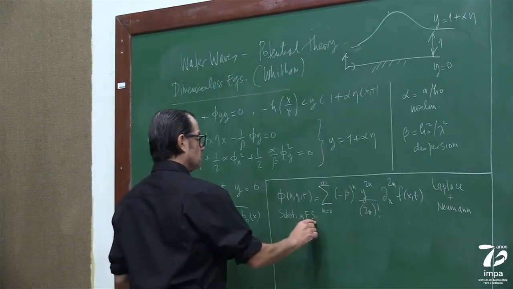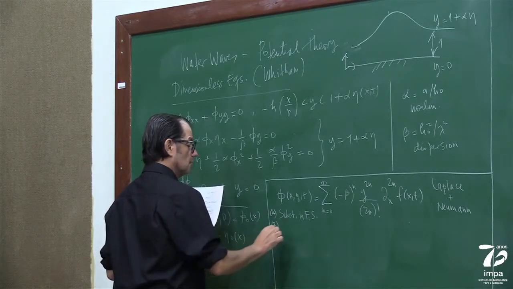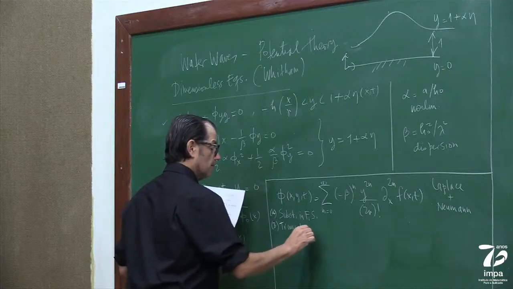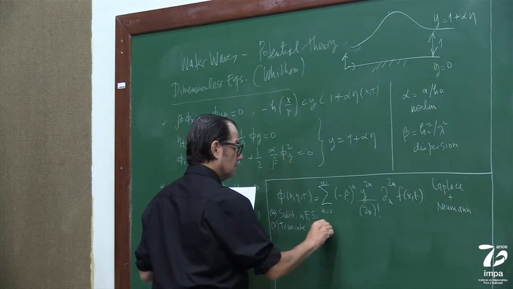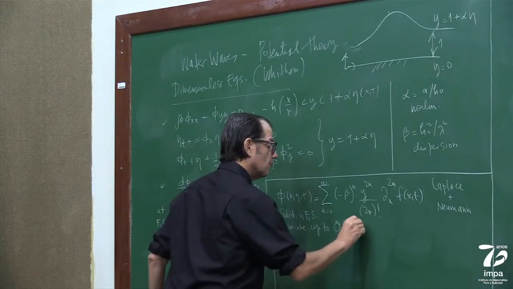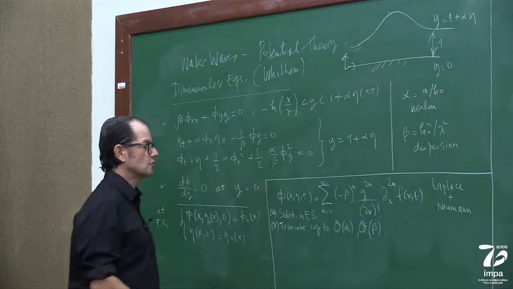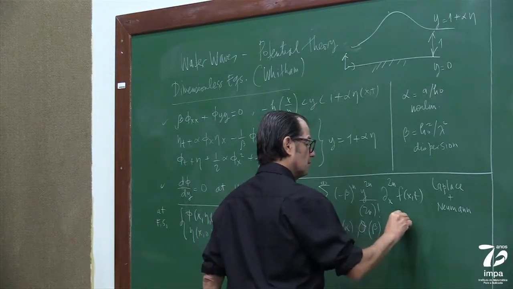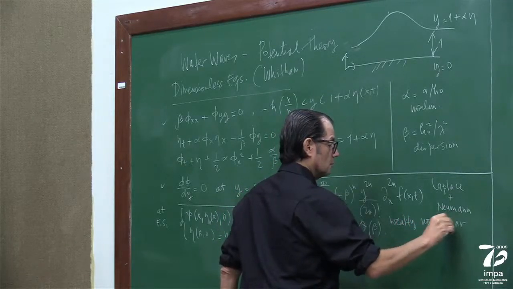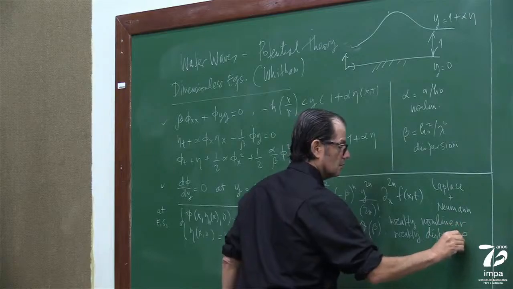We got: A, substitute in free surface conditions; B, truncate up to, let me put it in asymptotic notation, order alpha, order beta, okay, which means weakly nonlinear, weakly dispersive,